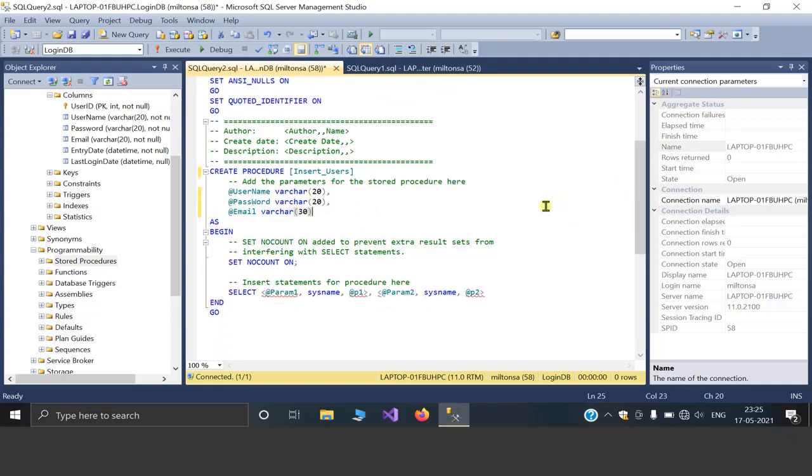Now this stored procedure first checks whether the username already exists. If yes, then it will return negative value 1. Let's do it.